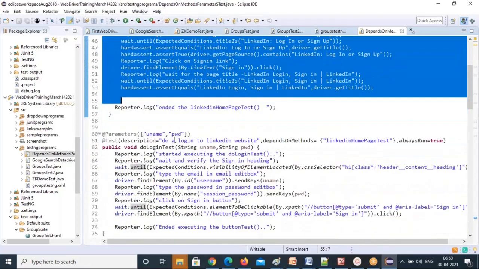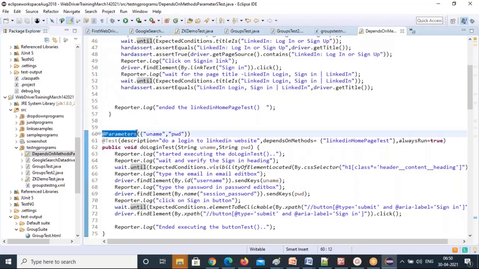Then you will get a doLogin test. In this doLogin test, for login I need to pass username and password. To supply username and password from an XML file, you have to use parameters. So the parameter names I'm passing within the parentheses of the Parameters annotation.